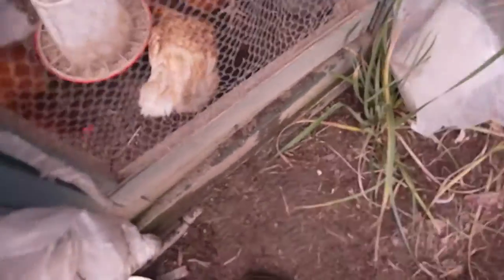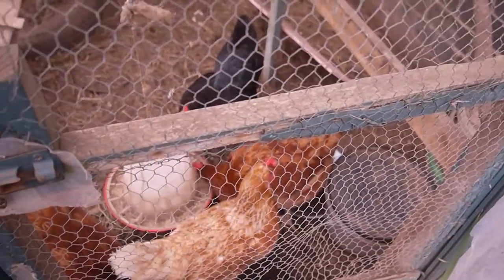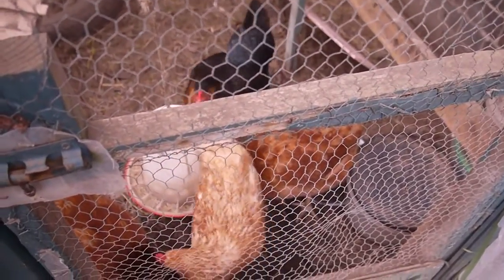She's not very impressed. She doesn't want to be in. She's had enough, I think. Pippa, stop being bossy. So yeah, everyone's having their breakfast now, so...